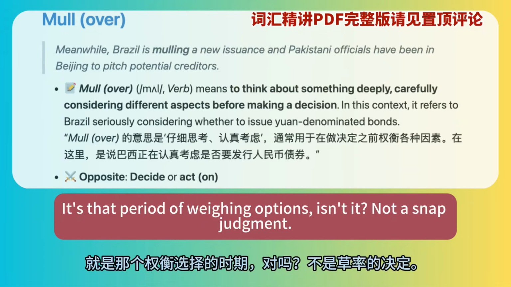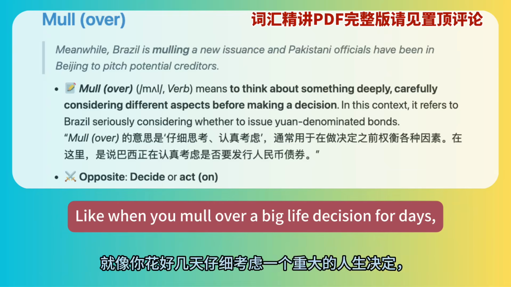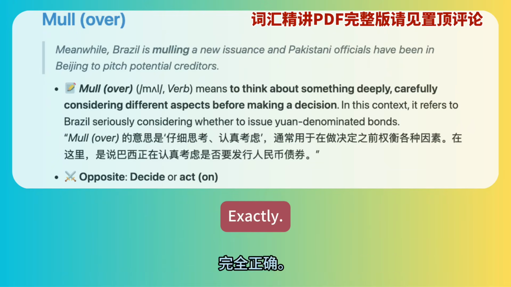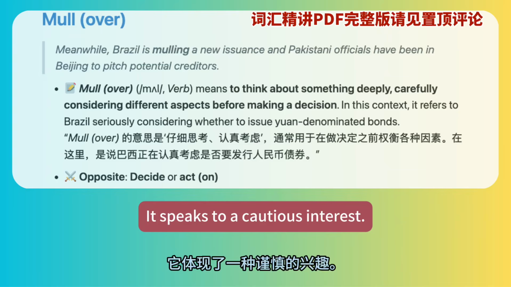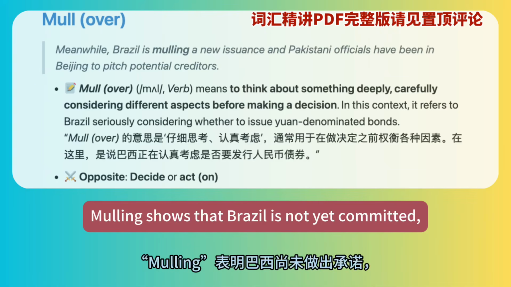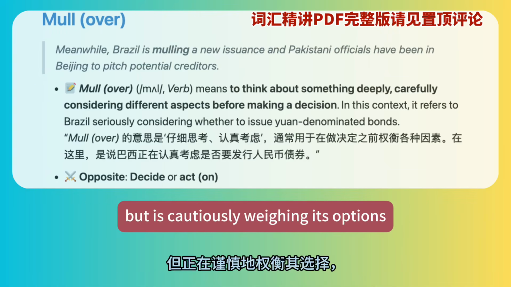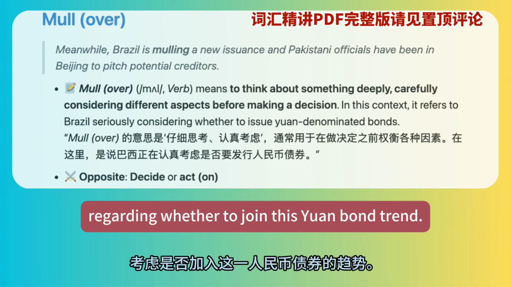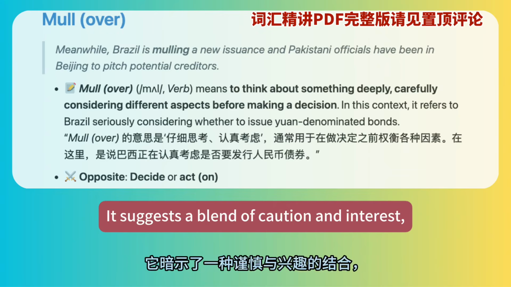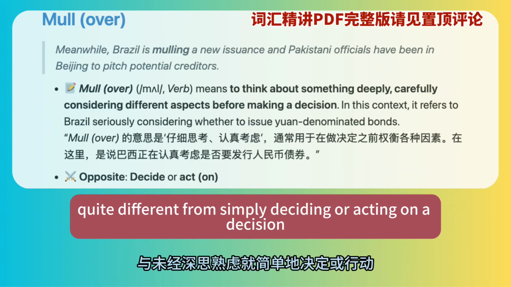It's that period of weighing options, isn't it? Not a snap judgment, like when you mull over a big life decision for days, turning it over in your mind. Exactly. It speaks to a cautious interest. Mulling shows that Brazil is not yet committed, but is cautiously weighing its options regarding whether to join this yuan bond trend. It suggests a blend of caution and interest, quite different from simply deciding or acting on a decision